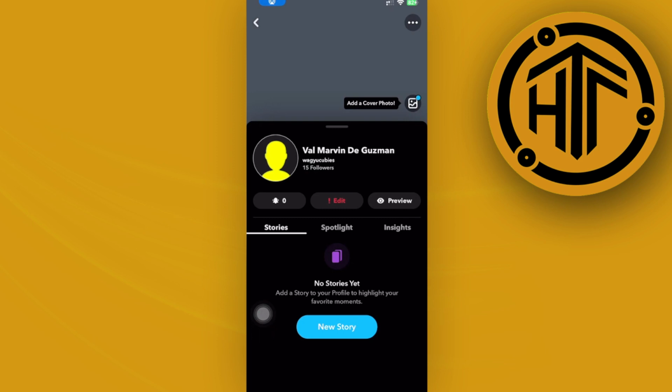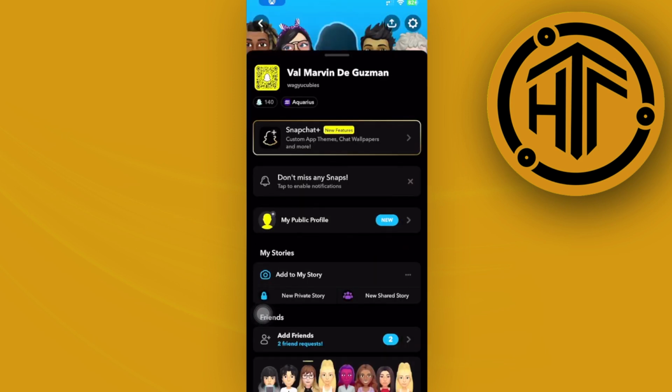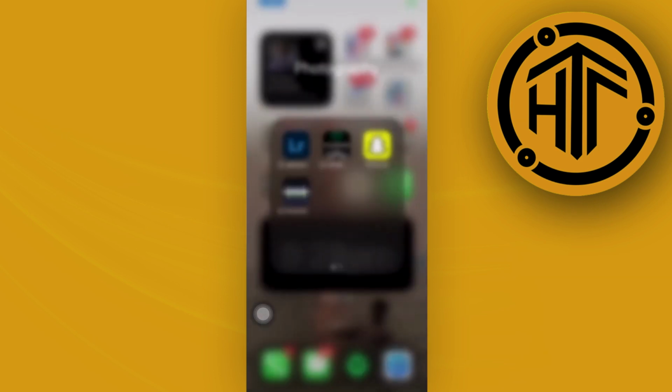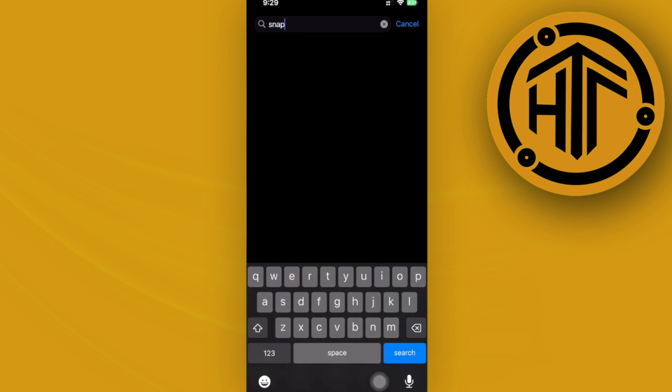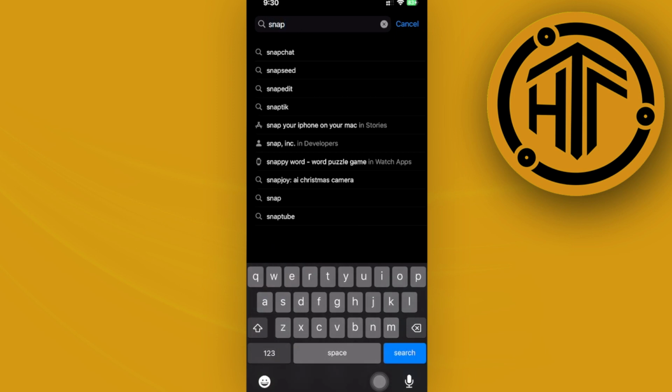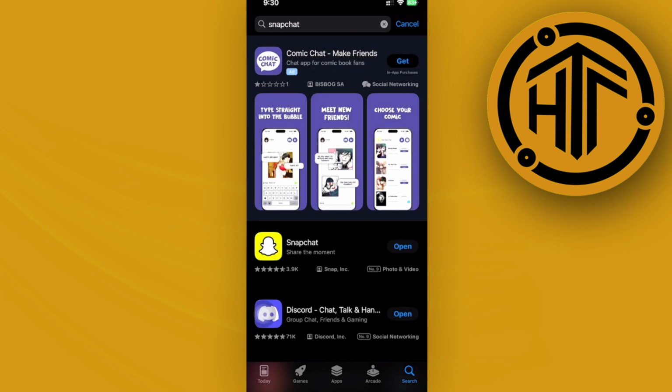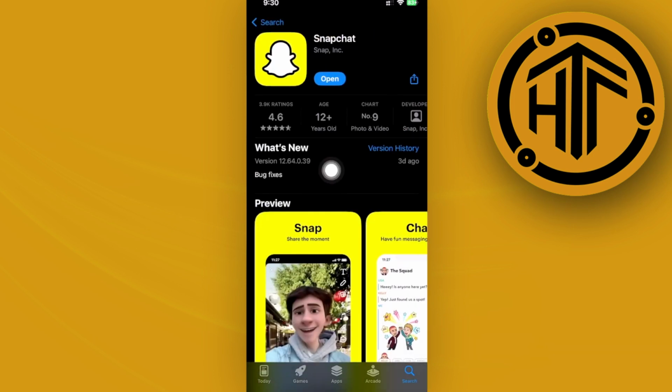But in the case that you still cannot see this feature and it's still not giving you the option to create one, what we need to do is double check our Snapchat application to see if we are using the latest version of Snapchat. Now what this will do is it's going to give us the latest features and updates on our application. And in the case that you are using an old version of Snapchat, maybe that may be the reason as to why you do not have the latest features like the public profile on Snapchat. So make sure that you're using the latest version. If you do have an update available, go ahead and update it to the latest version so that bugs like this would be fixed and giving you the best user